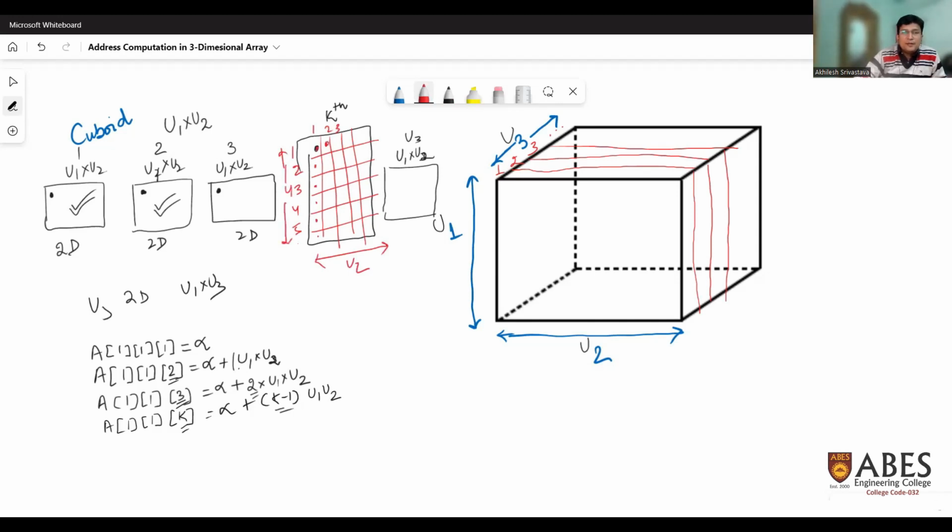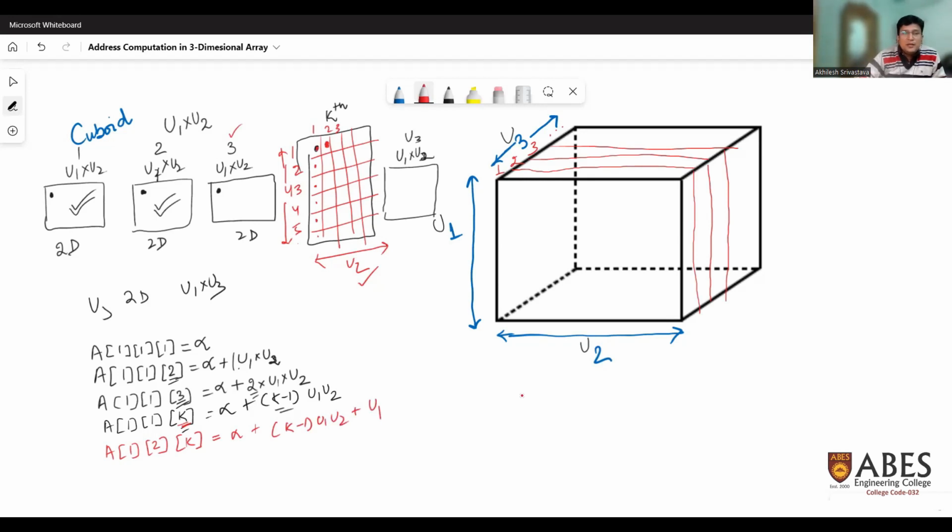If I'm looking at this element, this is actually equal to a, 1, 2, k. Why is the second dimension getting affected? Because we are referring to u2. When we were referring to the third dimension, we had k affecting the third dimension. So this will be equal to alpha plus